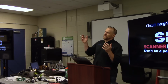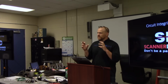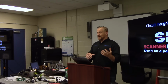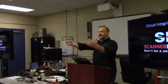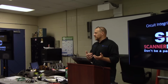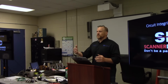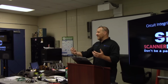And so I kind of took a step back from that, and I said, well, I can still include bias in here, but I can show you a little bit on the input side. So we were on the output side when it came to bias voltage and recognizing circuit integrity, making sure wiring was good. And on this one, I'm focused more on the input side of the circuit. So sensor circuits and how we can accurately troubleshoot wiring problems, sensor problems, computer problems without having to follow a